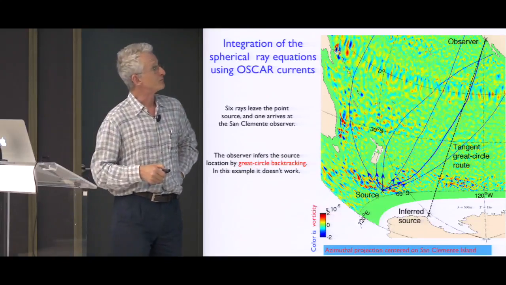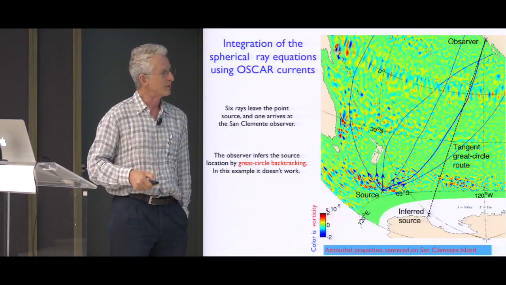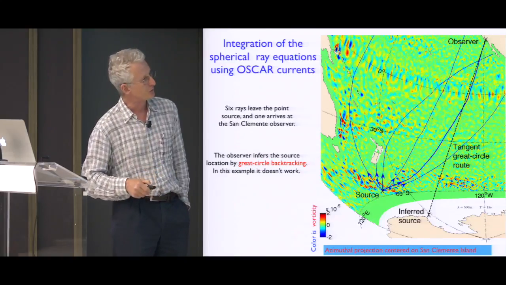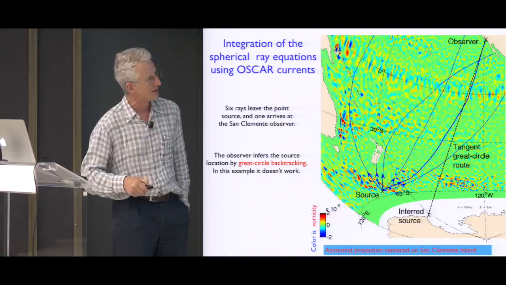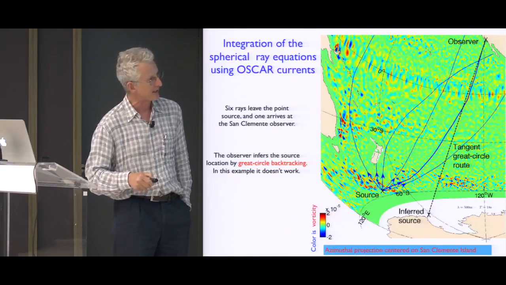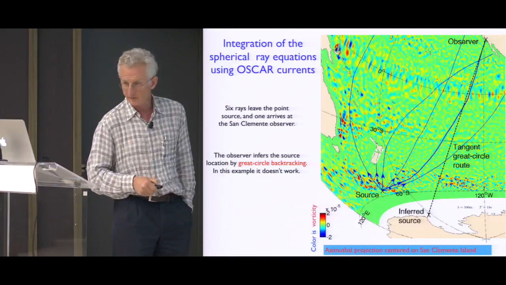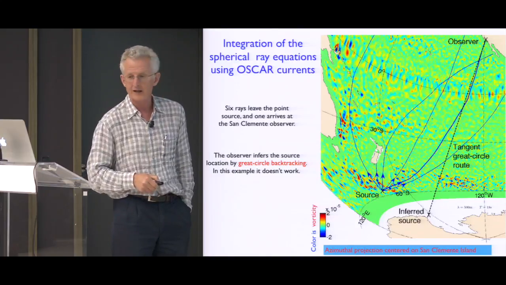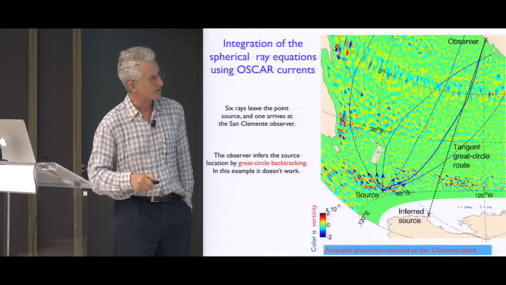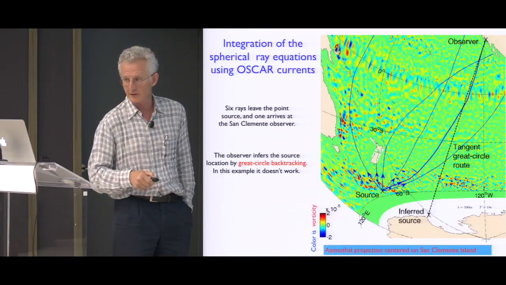So for example, oh, and by the way, the color in these maps is very fortunate. It's something which is also routinely estimated by the satellites. It's the vorticity, the vertical component of vorticity of the currents, in units of seconds to the -1. And as we'll see later, the vorticity is one of the prime variables responsible for distorting the ray